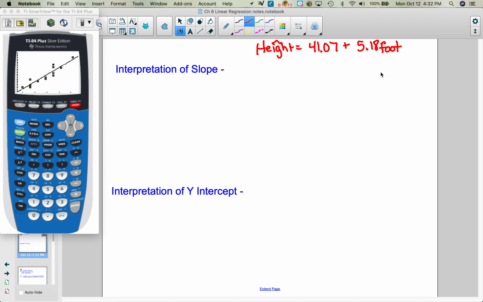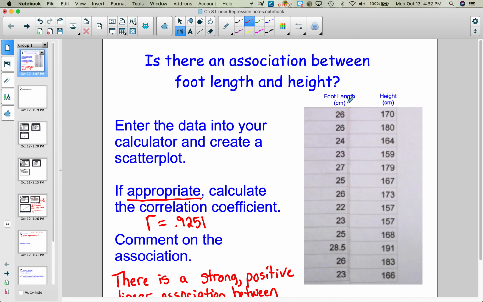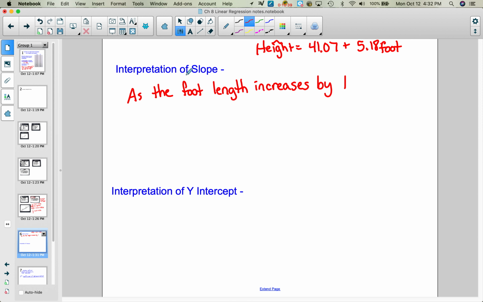Okay, that's what that slope of a line is, or it could decrease. So an interpretation of slope in the context of this problem: as the foot length increases by 1, and we're going to have to make sure we know what our data was. We had centimeters for both. So as the foot length increases by 1 centimeter,